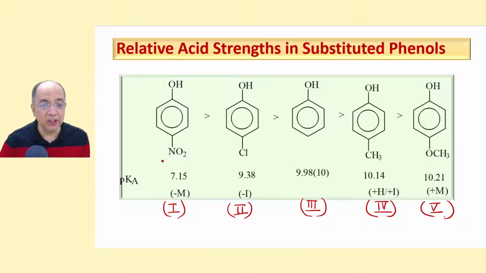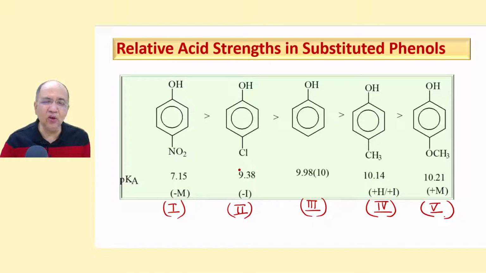Why? It is because nitro is minus M, and because of the resonance effect, the mesomeric effect, it will create a plus delta on this carbon, as well as this, which will be adjacent to O minus, the conjugate base, and that will attract the electron density from the conjugate oxide ion, and it will stabilize it by the electron withdrawing effect of the entire group, because a plus delta has been created.